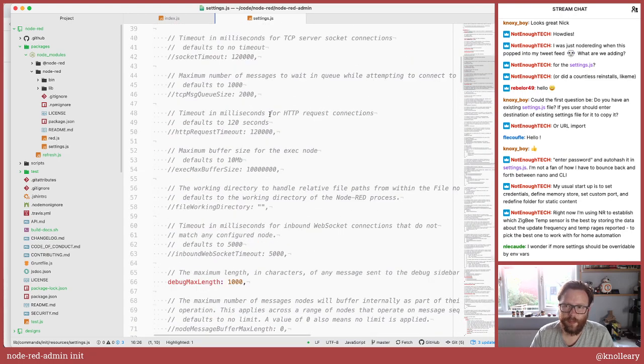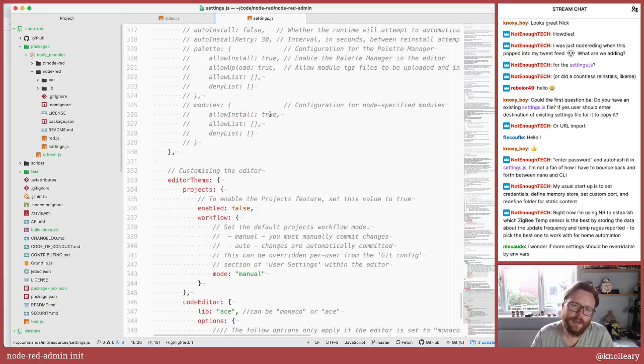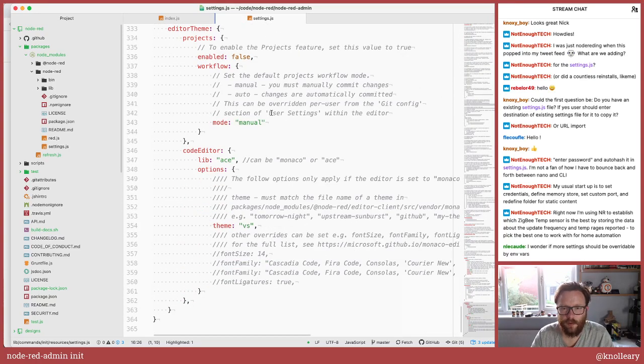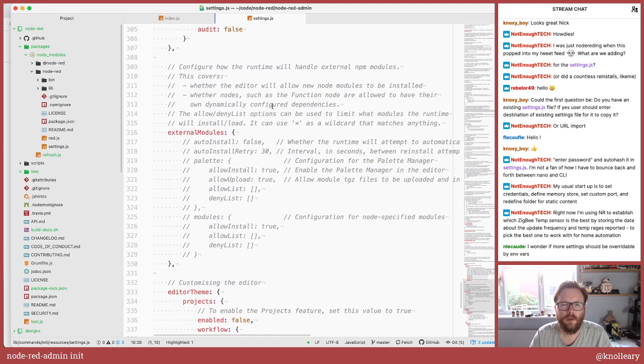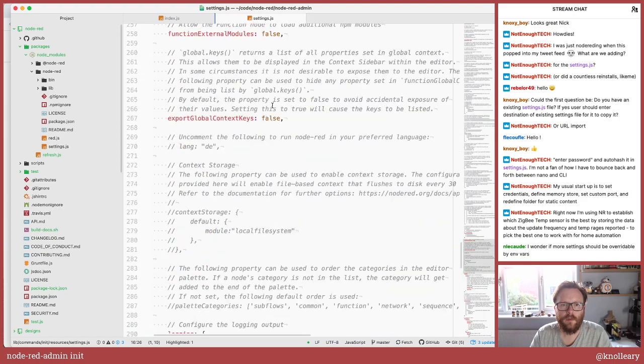So, just trying to decide what's the best way of doing this. I mean, this file is in need of a big reorganization and improvement in structure. But for now,